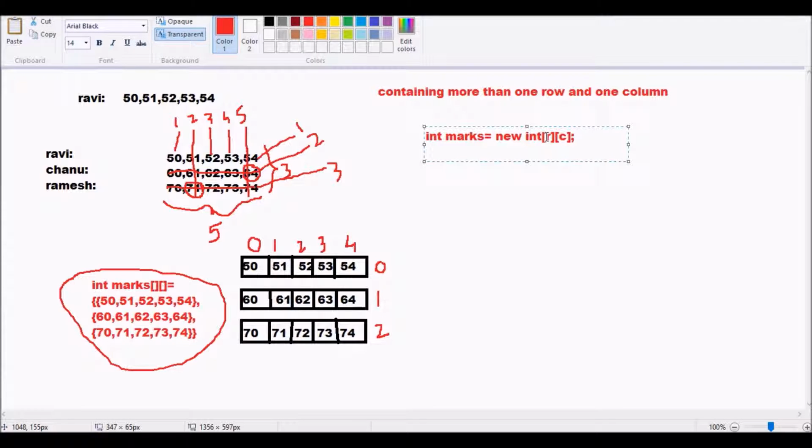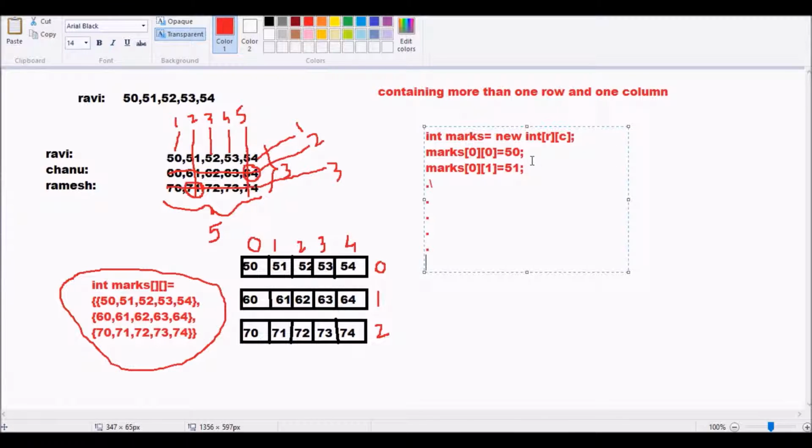After that we initialize each and every element like this: marks[0][0] is equal to 50, marks[0][1] is equal to 51. Likewise we initialize each and every element.